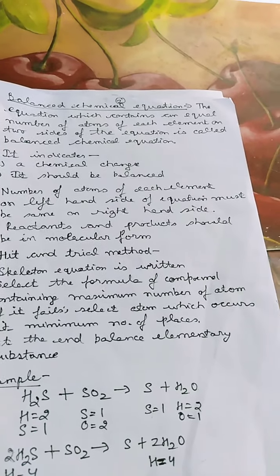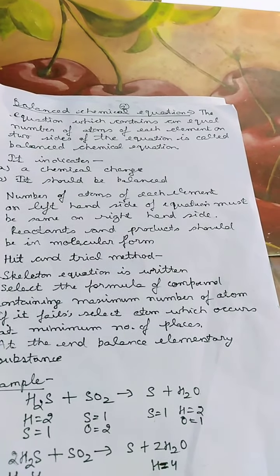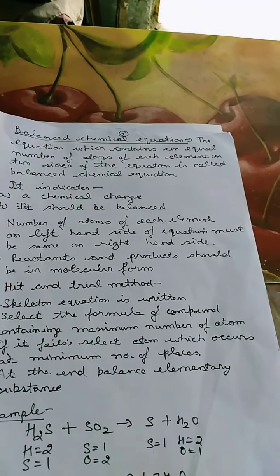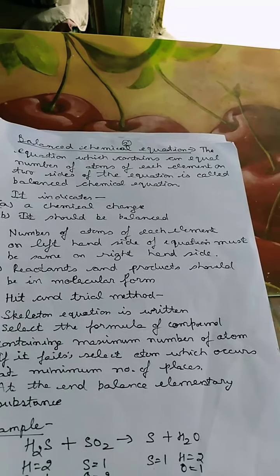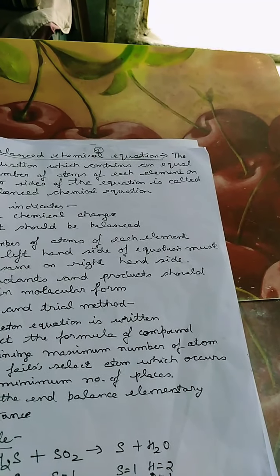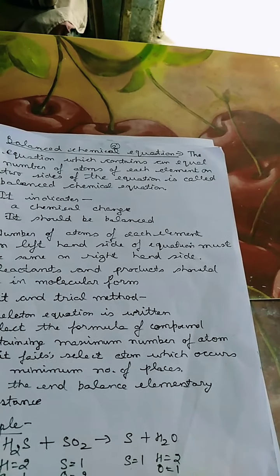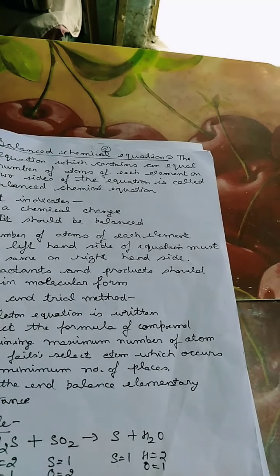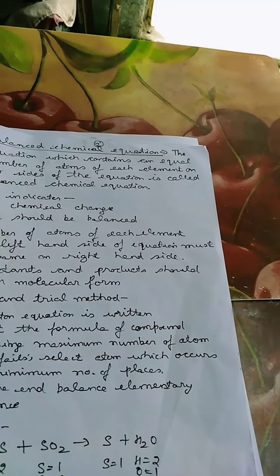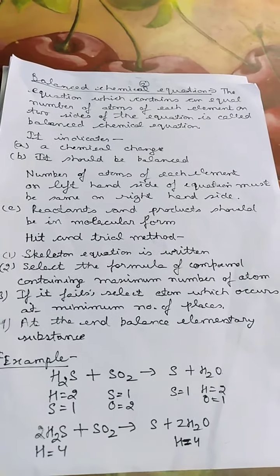We will find out hydrogen on the reactant side or the left hand side of the equation equals 4 atoms, sulfur 2 atoms in case of H2S. In case of SO2 it is sulfur 1 atom and oxygen 2 atoms. In case of sulfur as the product, sulfur atoms are 3 in number, and in case of water hydrogen 4 atoms and oxygen 2 atoms. So on the whole we can see on the left hand side hydrogen 4, sulfur 3, oxygen 2, and on the right hand side again we have hydrogen 4 atoms, oxygen 2 atoms and sulfur 3 atoms. Thus we can see that it is now balanced.